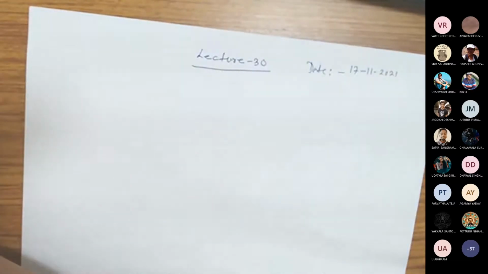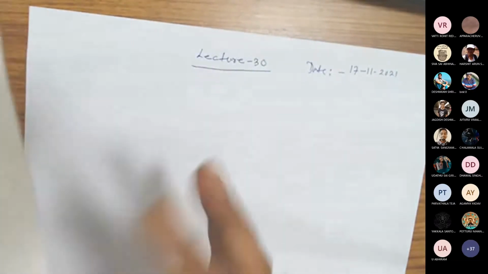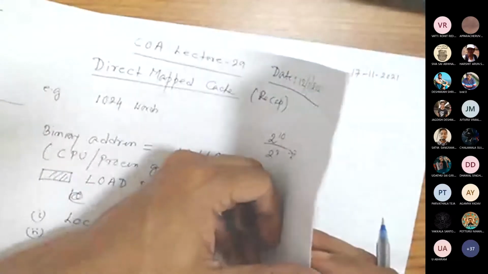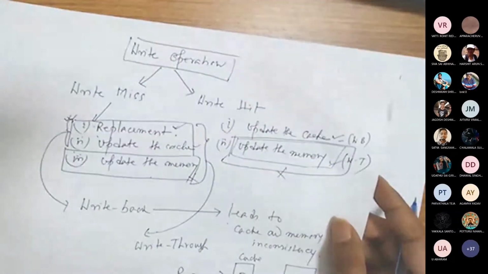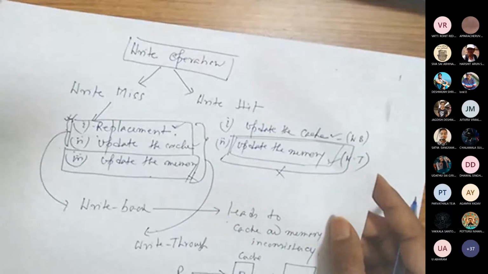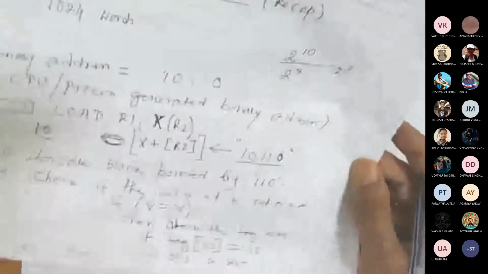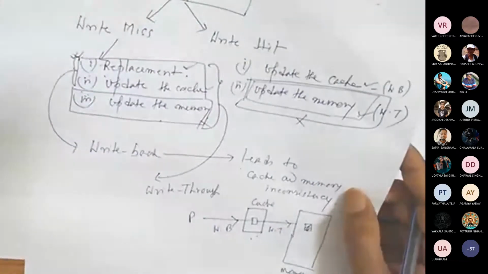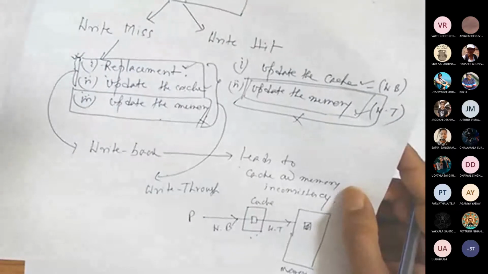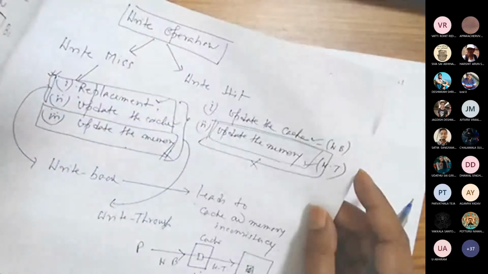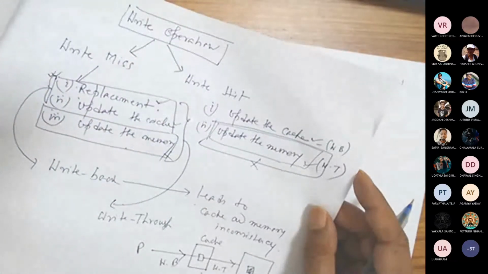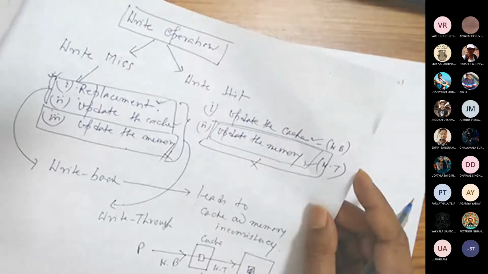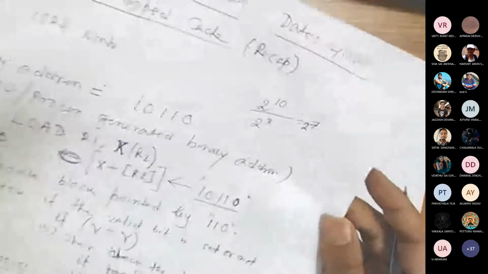If you remember in the last class, I was talking about different types of cache. Mainly I talked about direct map cache, where we have seen how the hit time and the miss rates affect the performance, and what we mean by different kinds of read miss, read hit, write miss, write hit, and what strategies can be adopted.